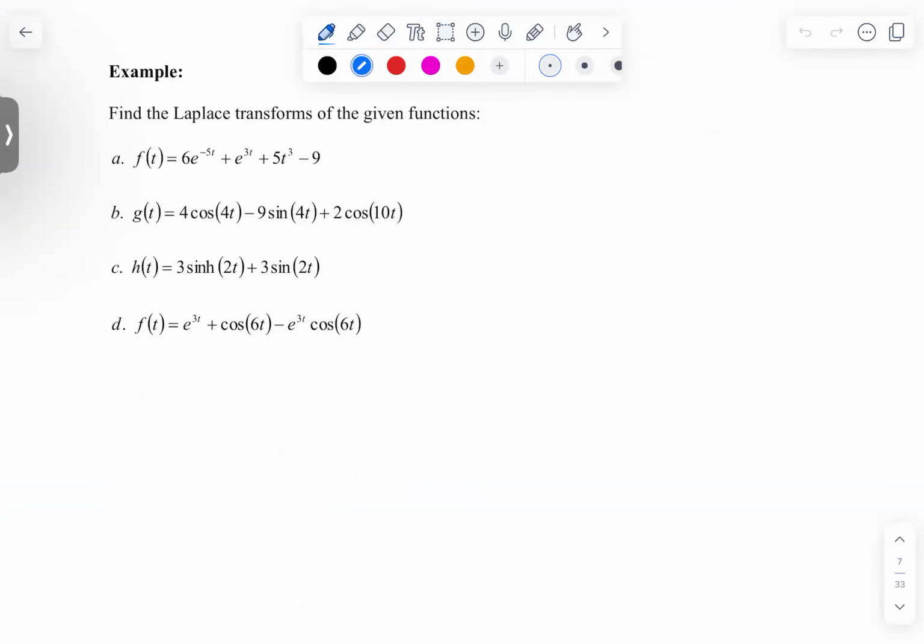Okay, so let's practice with our Laplace transforms. All we do is we have this and we go to the table. I have an e function, a t function, and a number. But given our linearity property, when I do the Laplace transform of this whole thing,